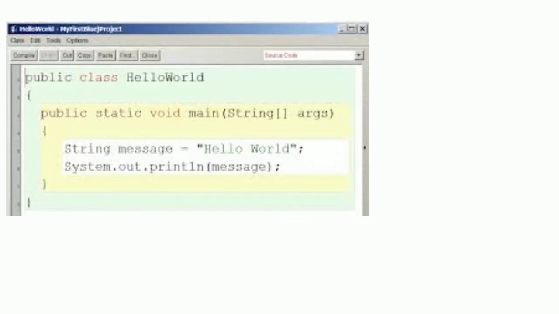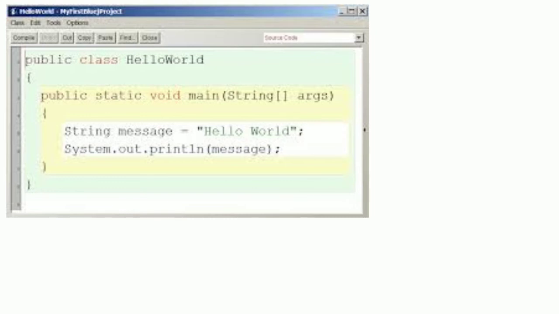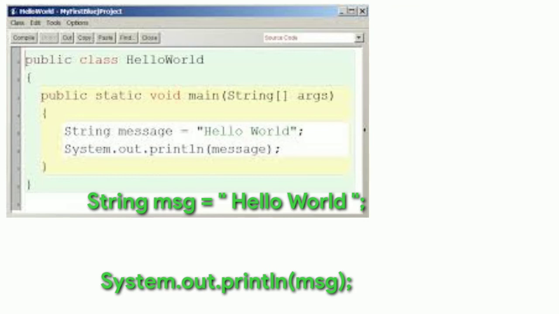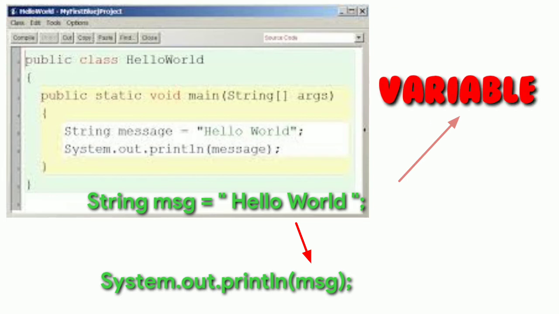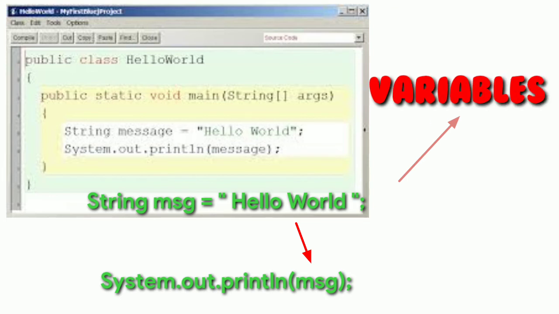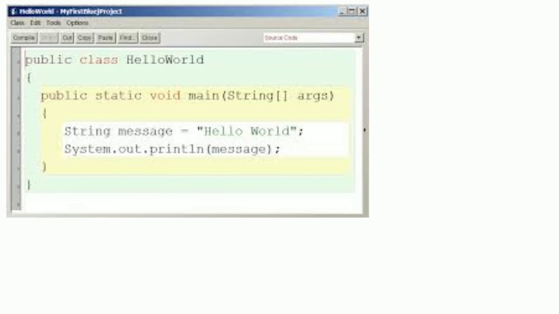If you want to give a name and a value to something so that you can call it anywhere, like this, message, you have to keep String because that is a string. So String message = "hello world". If you want to call this message or the hello world anywhere, you have to call this message at the place where you want the hello world. This we're going to call variables. So System.out.println(message). If you call a variable, you'll get the value hello world over there instead of message.